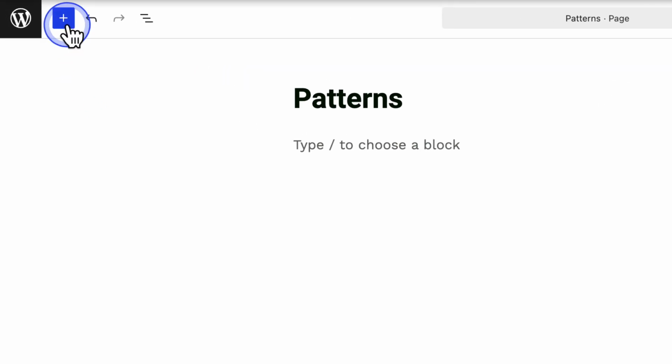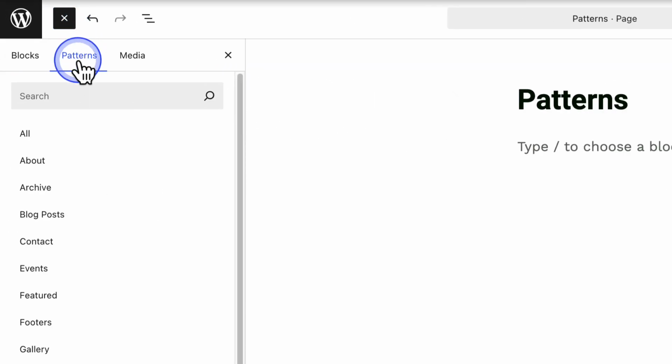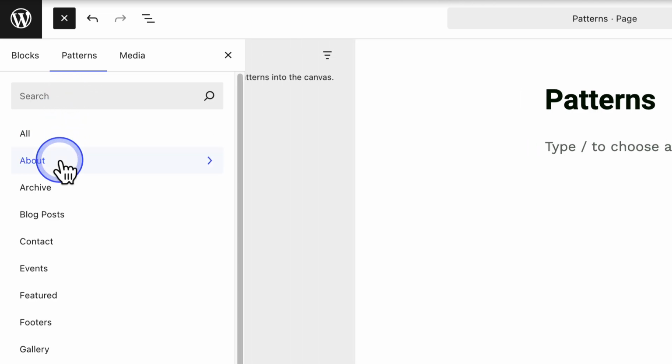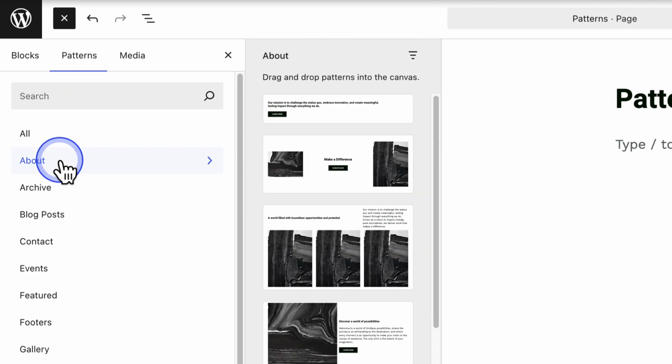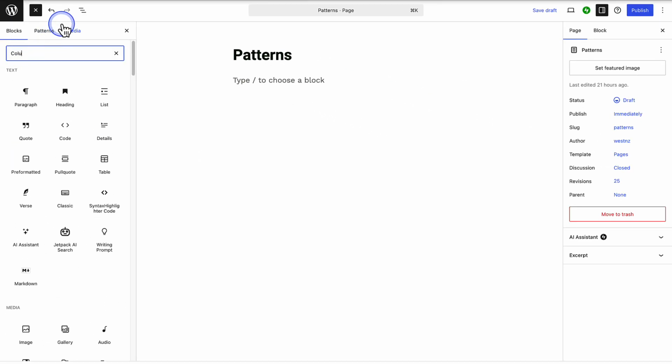Lastly, you can also use column patterns. Patterns are pre-designed block layouts that you can easily modify with your own content. To add a pattern, click on the plus icon top left and then click the Patterns tab. Here you will see a variety of categories and patterns that you can choose from. But to find a columns block pattern, it is easier to click on the Blocks tab, search for columns, and